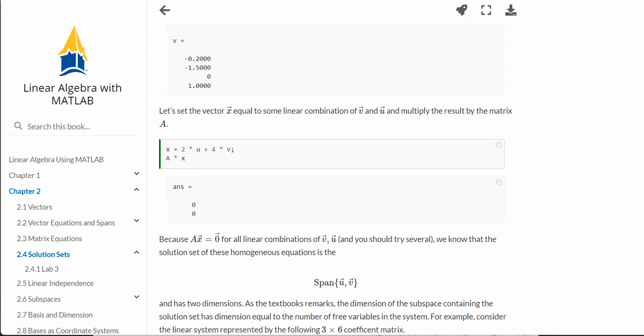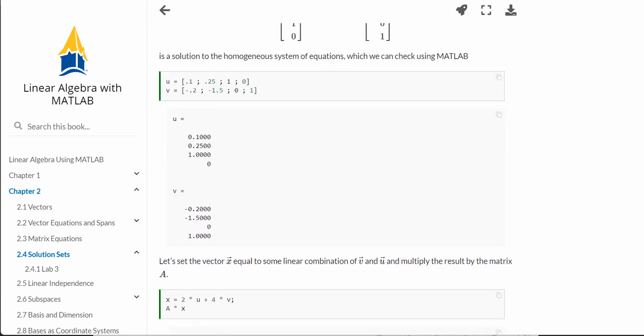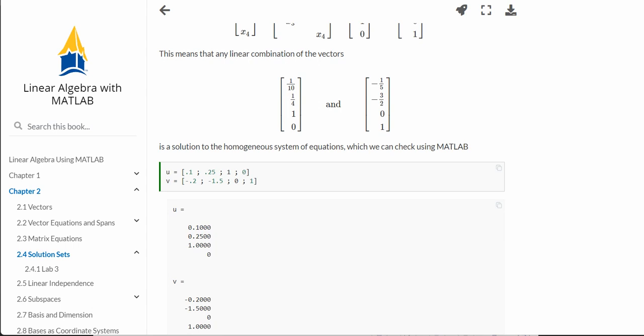Okay, so these are the solution vectors. Sorry, let me make it more clear. So what I did here is I created a vector u, right? And I created a vector v, which is right here. Okay, so u and v are the two